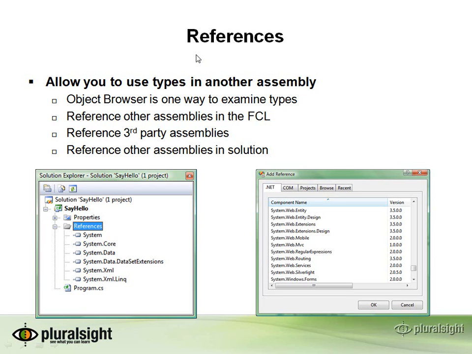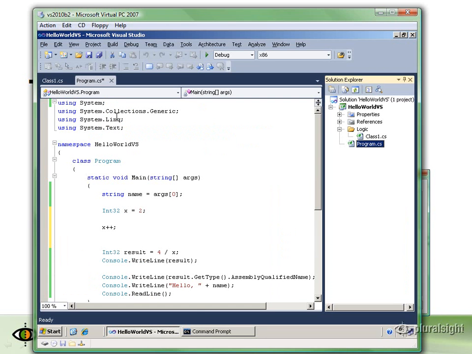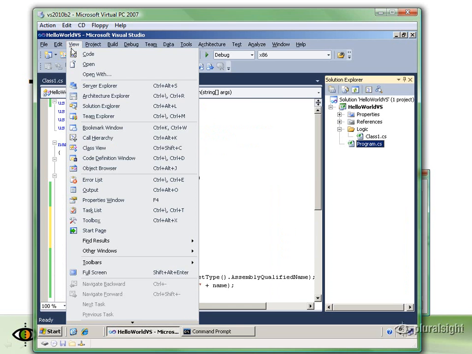It's also quite common in a large solution that is made up of many projects that you need to add references between projects inside of your solution so that you can share code between projects. One easy way to see what is inside of the assemblies that you have referenced is to use a tool called the Object Browser. Let me bring up the Object Browser in Visual Studio. It's under the View menu and select